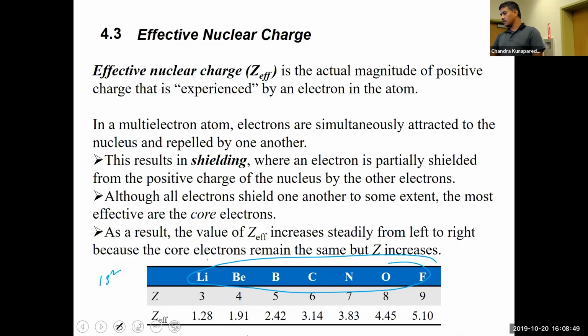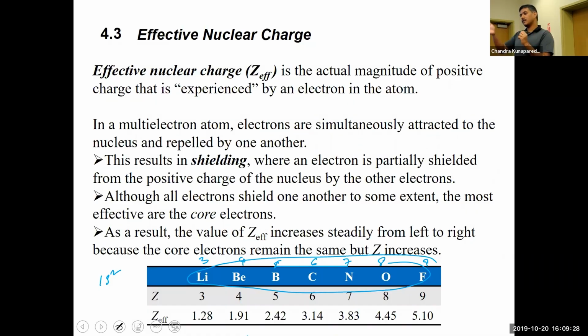Lithium has 3 protons, which means 3 electrons. Beryllium has 4, boron has 5, carbon has 6, nitrogen has 7, oxygen has 8, fluorine has 9. But all of these have only helium as their previous noble gas, which means the core electrons of all of these elements is just 1s2, just one shell. However, as you increase the number of protons, the number of electrons also increases. And because you are adding more protons in the nucleus, but only have one core shell,